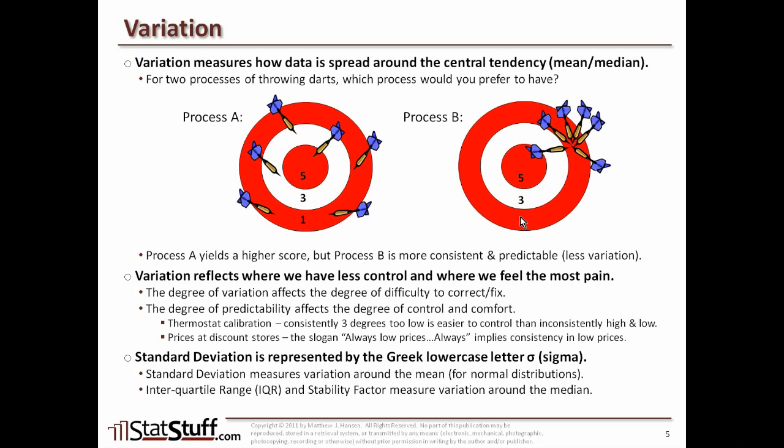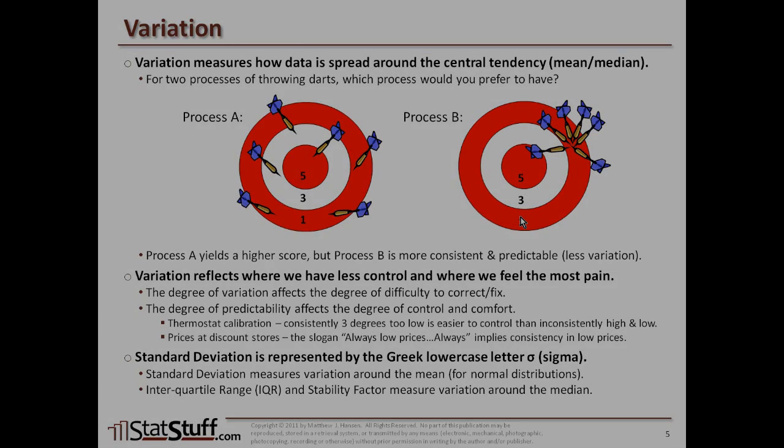Since standard deviation uses the average, and as we talked about before with distributions and central tendency, average is not going to be the best measurement of central tendency when we're dealing with non-normal distributions. So when we have a non-normal distribution, since averages won't work, we probably should not use the standard deviation either, because that's the average distance that each of the observations are from the mean. In a non-normal distribution, we probably need to use something different like an interquartile range, IQR, or a stability factor in order to measure the variation around the median, which is a better measurement of central tendency